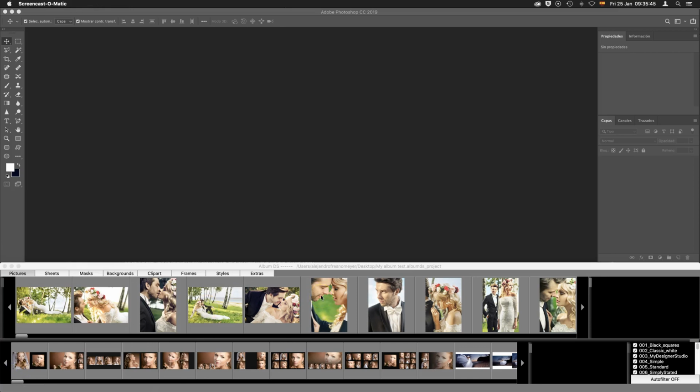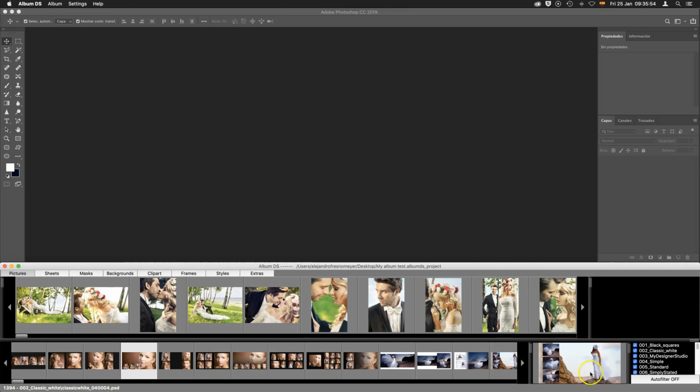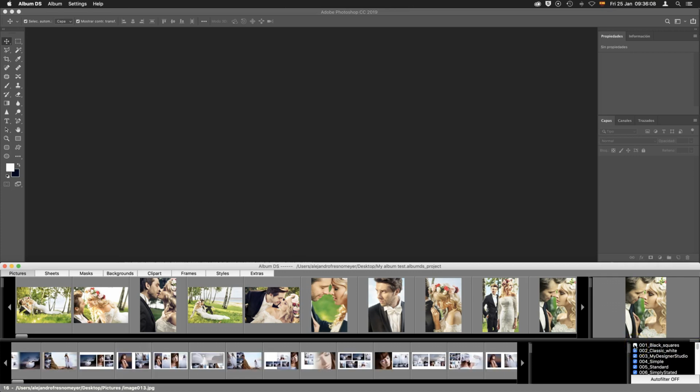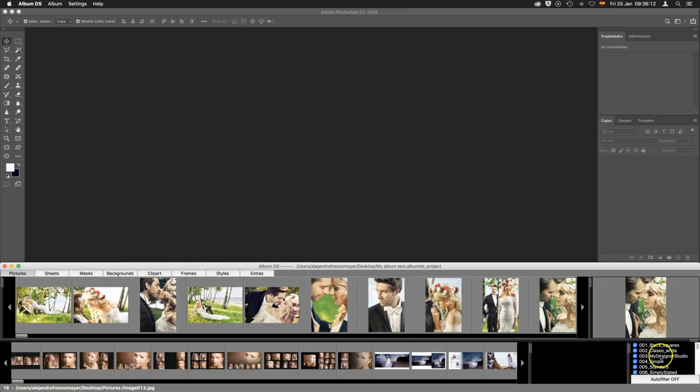AlbumDS works with templates. These templates are shown here at the bottom of the AlbumDS main window. Here you can see a preview of the template, and this is the list of folders with templates. You may select or unselect these folders to load the templates from each folder. But the most important is the autofilter option. This autofilter option, once enabled,